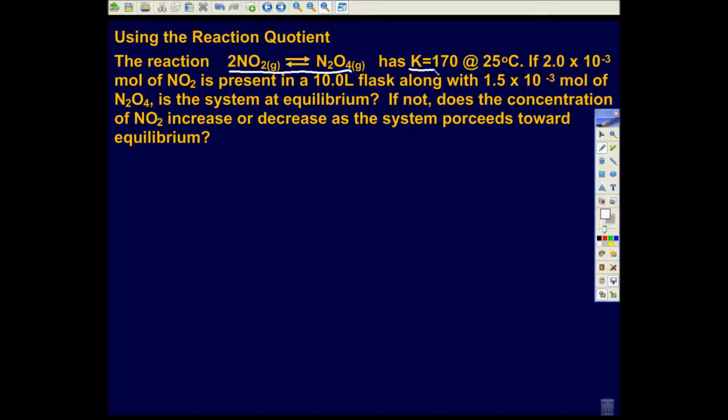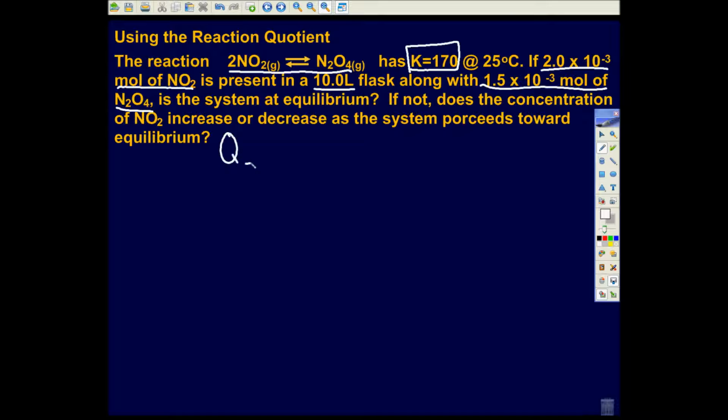Well, at equilibrium it tells you right there that the K value is 170, and they give you quantities. Here's a molar quantity of the reactant, and they tell you the volume. Here's the molar quantity of the product, and of course it's going to be in the same volume. So the first thing I'm going to need to do, because it's asking me is the system at equilibrium, I'm going to have to